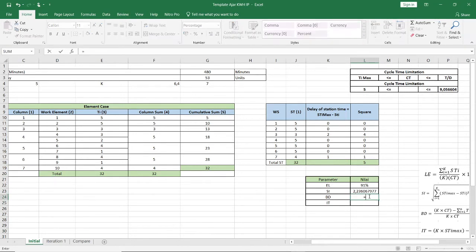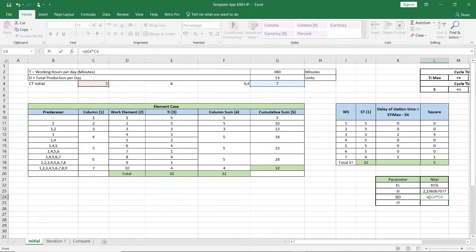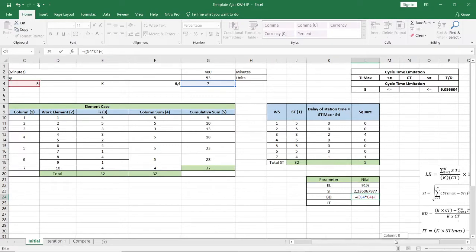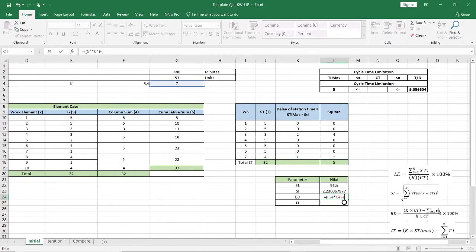And then for the balance delay, the formula is equal to the total of the workstations, which is 7, multiplied by 5, the cycle time, and then minus the total of the operational time, which is 32.